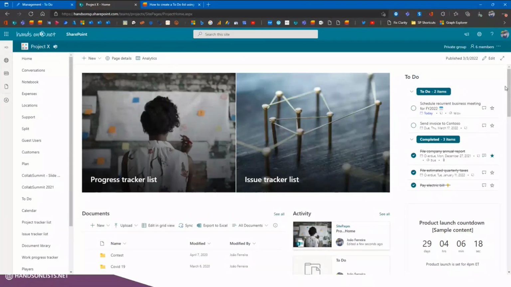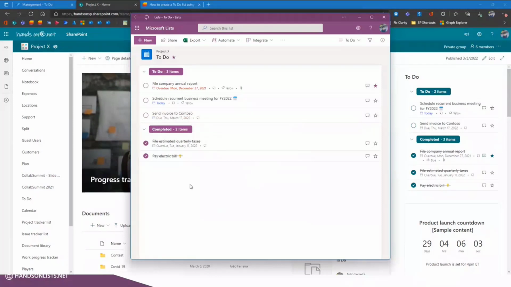So back here to the list, if you want to use this, even if you don't know anything about the formatting, this will be soon in the GitHub repo. Once you get the formatting, the only thing is clicking the view, so go to format current view and paste here the JSON. If you have different names for the columns, you may need to adjust the names of the columns here in the formatting, but other than that, it's plug and play and you will get formatting applied to your lists.